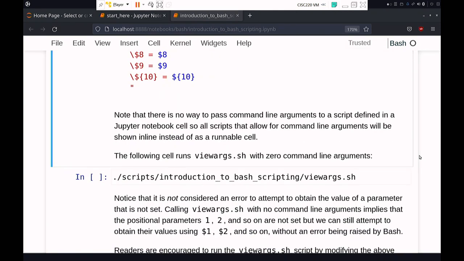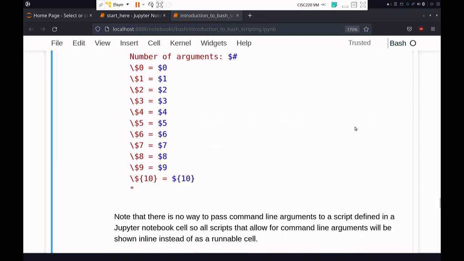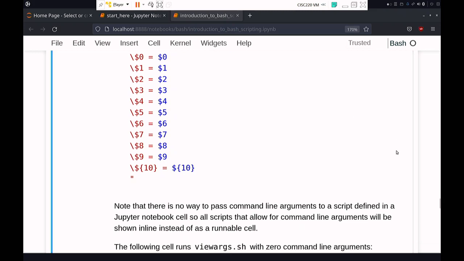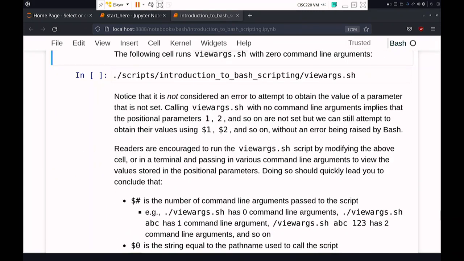Okay, so inside Jupyter Notebooks, there's no way to run a program and pass it command line arguments. I don't think it works anyway. I think I've tried it before. There's no way for me to run a cell that contains a script and pass that cell command line arguments. That doesn't work. But I've saved all the scripts for you. And so if you know the path to the script, you can run the script with command line arguments